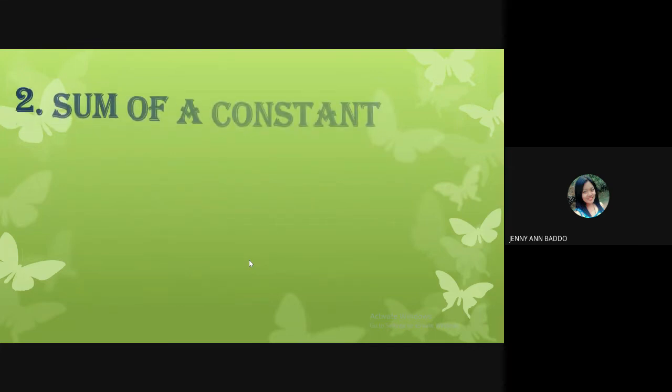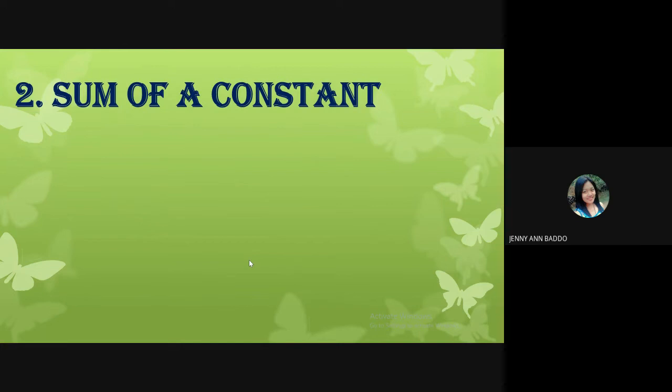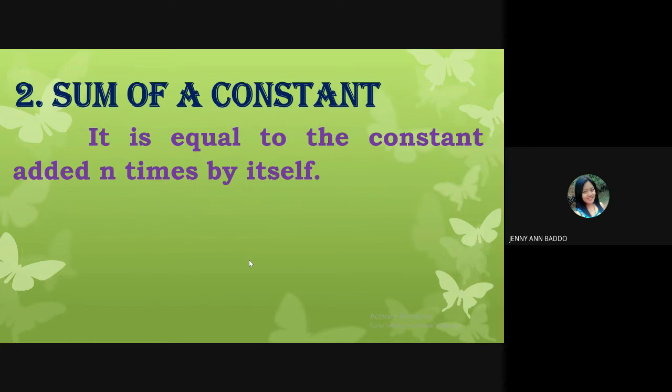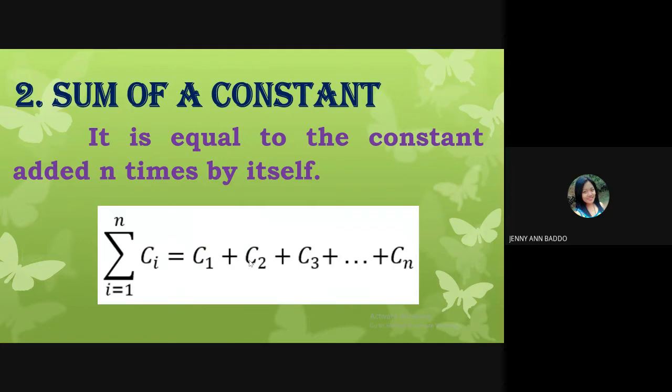Next, we have the sum of a constant. Take note, when we say constant, it's a number. It is equal to the constant added n times by itself. So we have here summation of c sub I, where I ranges from 1 to n. So when we expand this one, it is equal to c sub 1 plus c sub 2 up to c sub n. But since we do not have here a variable, when you solve for this, the constant will remain. Example,